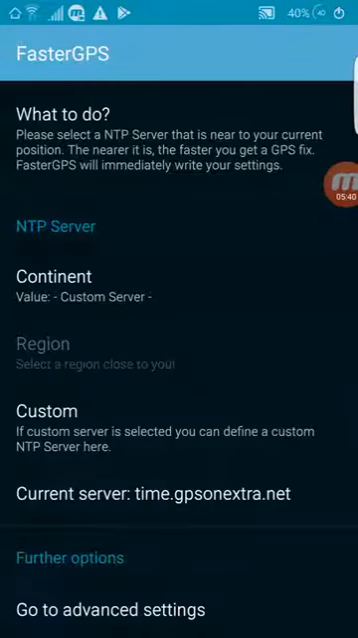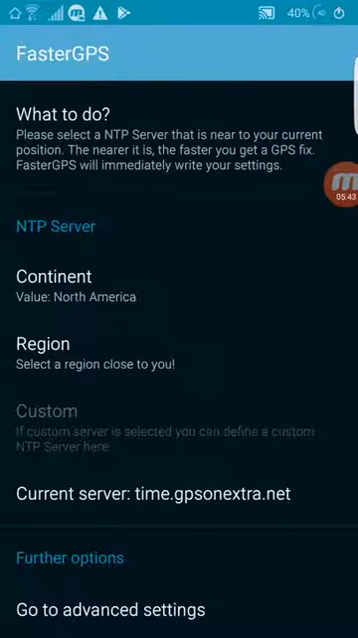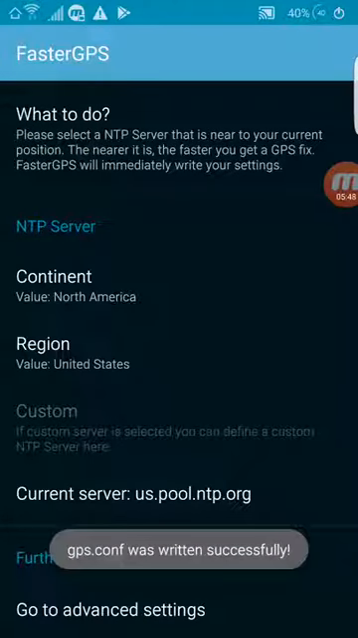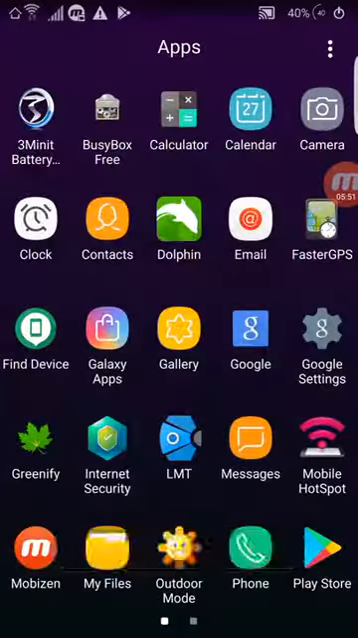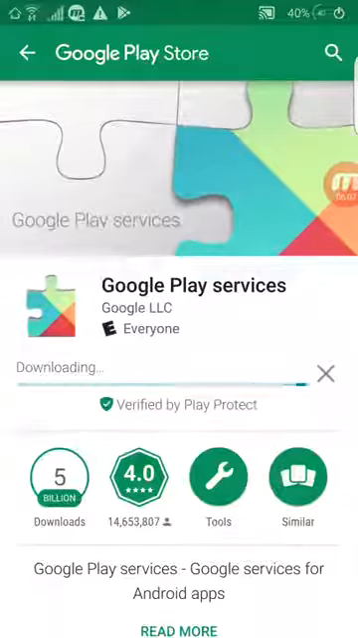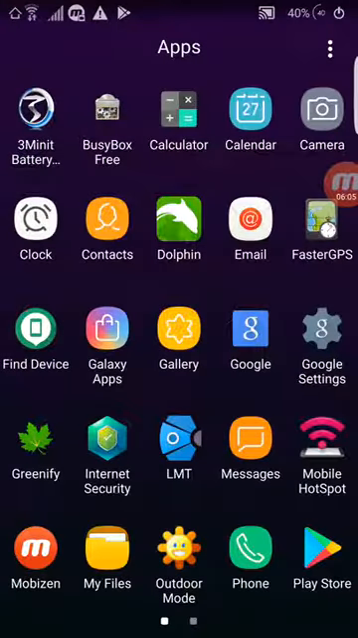Okay, and then faster GPS, you say okay. Continent, you are in North America, most of them. Region is USA, and it's just going to say it's written successfully and it's done. You don't have to do anything. Find devices, so it's just saying update done, and you just go through the update for this to work. And this is pretty much a wizard, so once you start, just follow it and it will go through. You don't have to do anything. And that's your